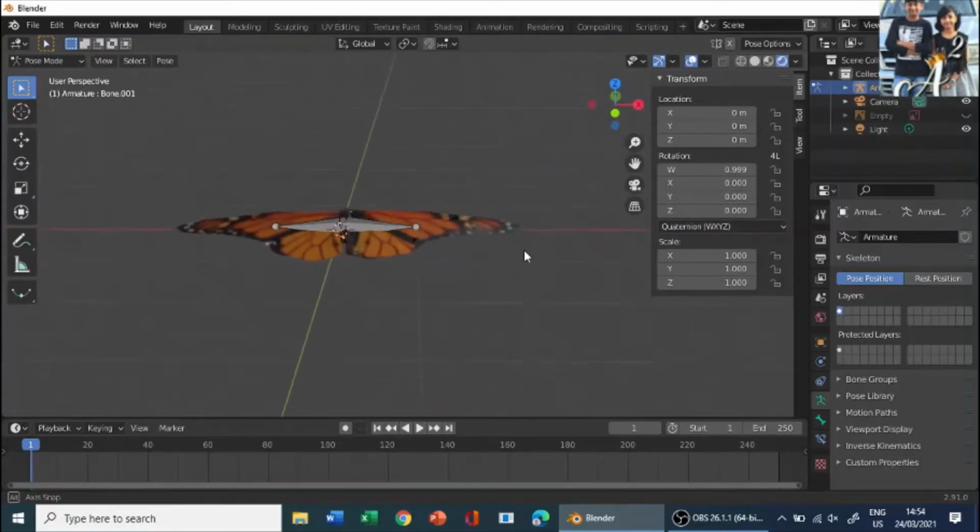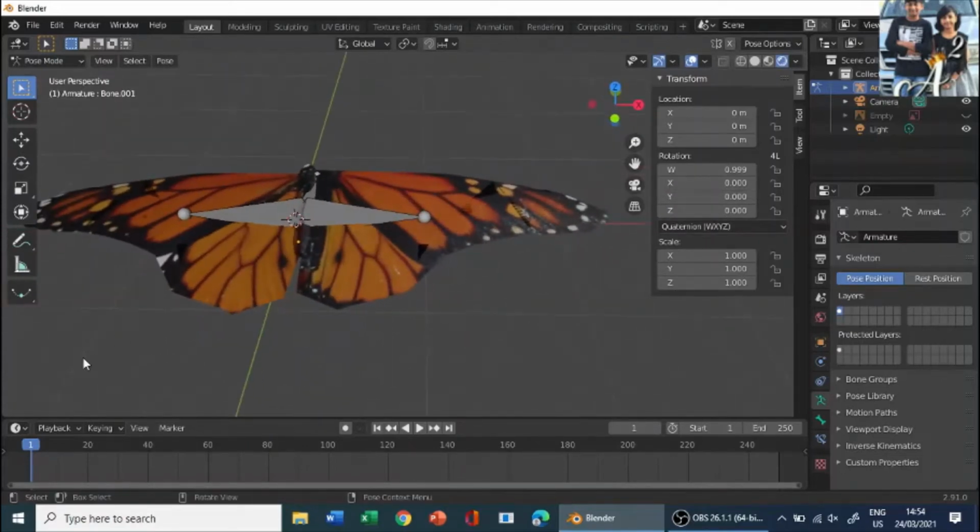Now we need to animate them. Press I on the rotation to add a new keyframe on the first frame, and then go to the 10th frame.